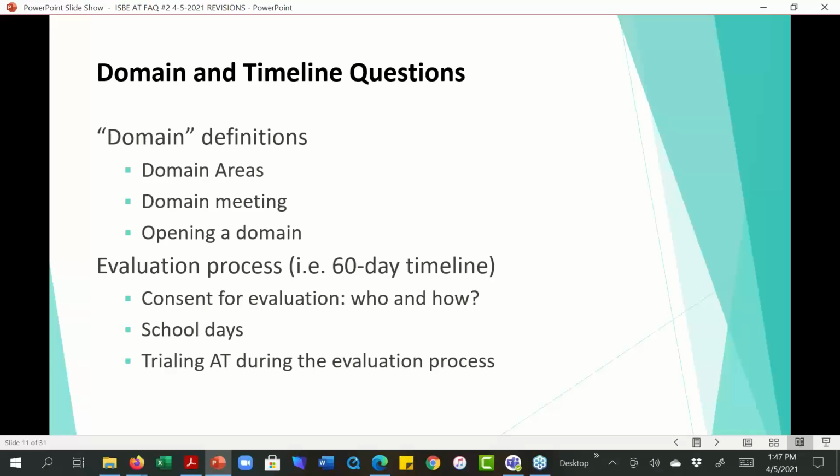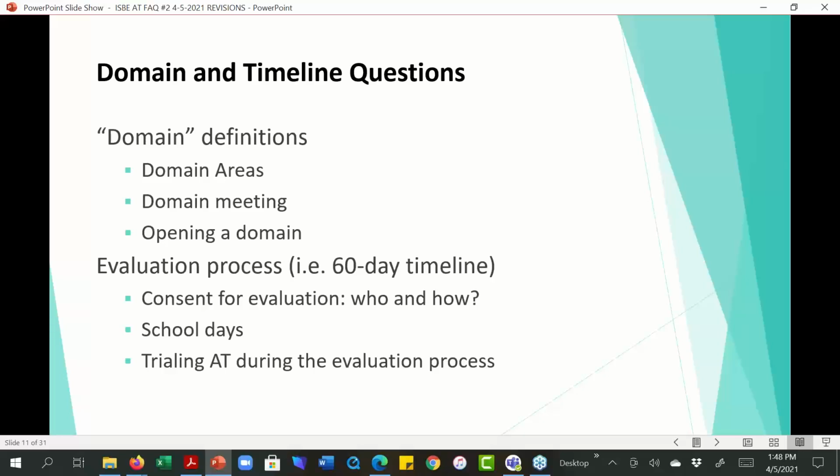So when you're sitting down, whether it's the first time, that initial evaluation, or it's that 3-year period when that reevaluation comes up, the team will sit down and look at all of the domain areas, such as cognitive, academic, speech and communication, health, social emotional. And the team then decides what areas do we need more information in regard to the student, what areas do we not need more information.